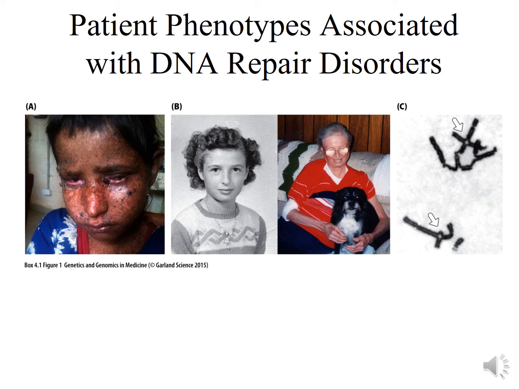And these individuals generally die at or around the age of 50 as a result of cancer or atherosclerosis. And finally, in C is shown a characteristic quadrilateral and trilateral chromosome formation that is found in Fanconi's anemia cells. And it is a diagnostic of